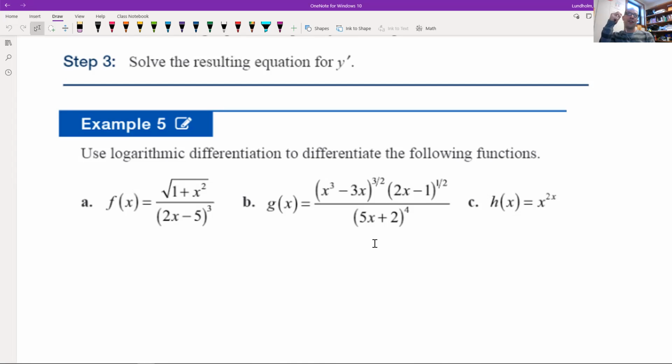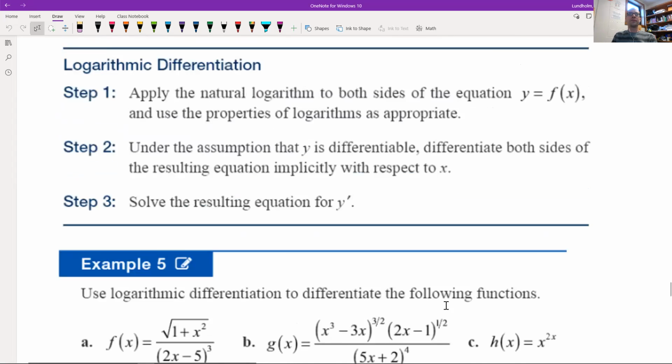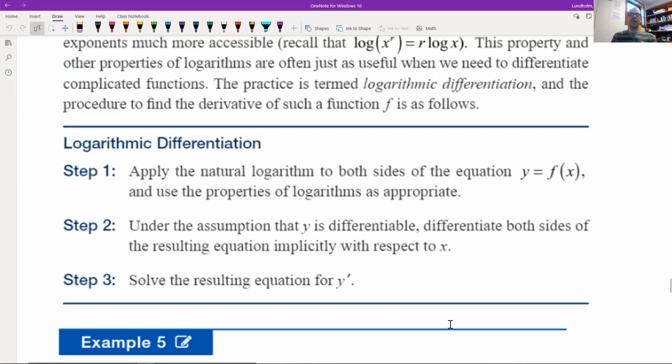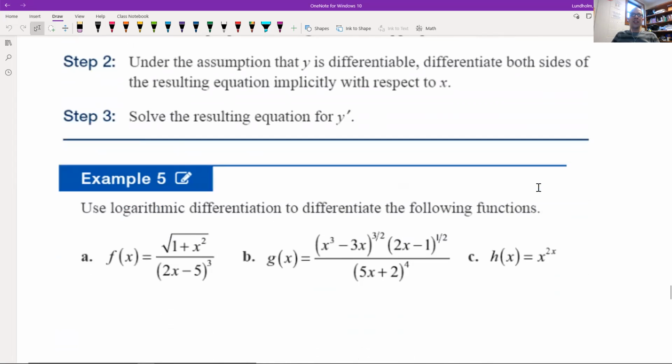And one thing that could make it possibly easier would be using this new technique called logarithmic differentiation. And honestly, it's necessary to take a derivative of something that looks like this, where we've got x to the 2x. That's a weird looking function. The steps for logarithmic differentiation look like taking a natural log of both sides of y equals f of x. And what that does is it changes the powers that we see here into kind of coefficients,